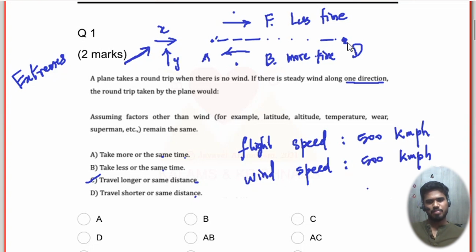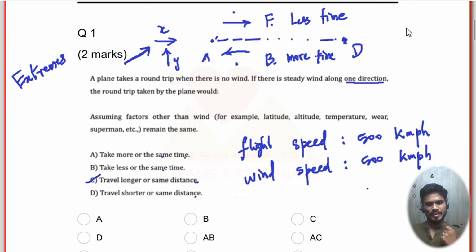In this case, the plane takes off. Will it move? Can it move from point D? Forward journey, you save some time. I agree. Wind is along this direction. The X component is 500 kilometers per hour. Now it takes off at D. How it takes off during that wind is, of course, a special question. Let's say it takes off.